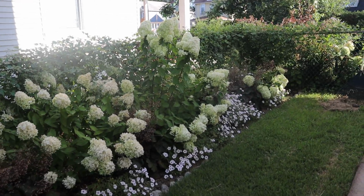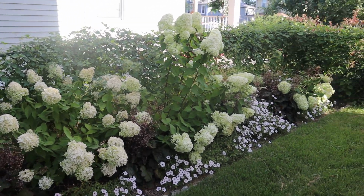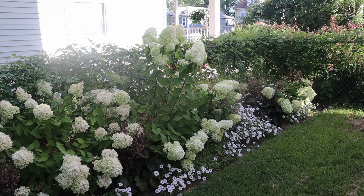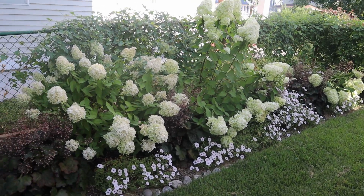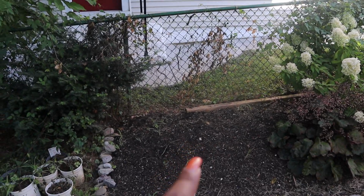This is where they are. As you can see, aren't they gorgeous? They're just amazing. I'm actually gonna cut a few of these and bring them in the house just to have inside the house. It's gonna hurt my heart just a little bit to cut them off, but I think I'll enjoy them more inside. So this is where the hedge started, right there, and I'm gonna put a limelight right